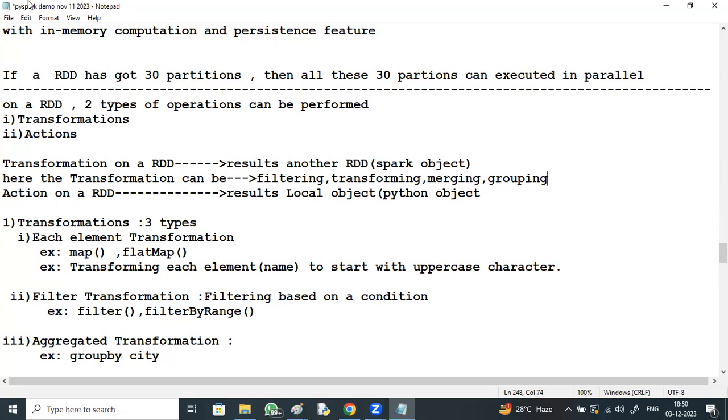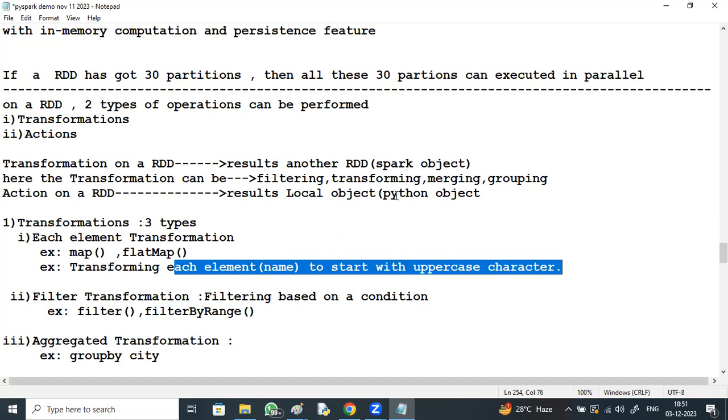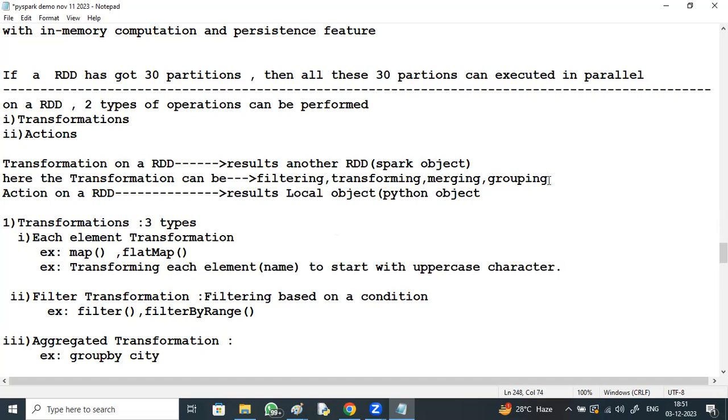Transforming means what? Here I just said transform each name to start with an uppercase character. Filtering, transforming, merging, grouping, sorting, all this. So if you perform any transformation on an RDD, the result is another RDD, a Spark object.